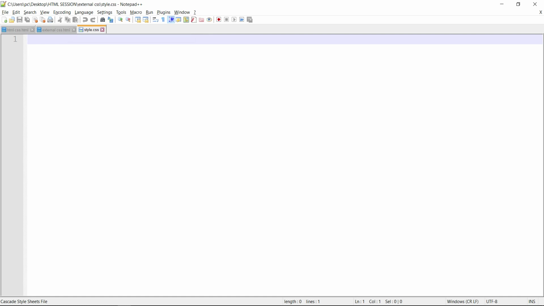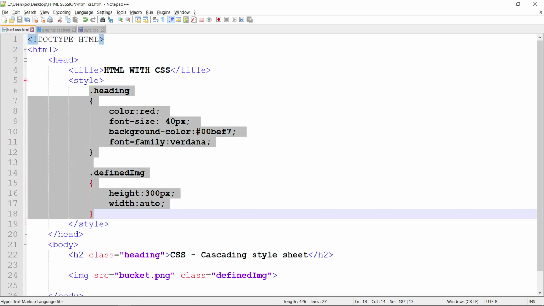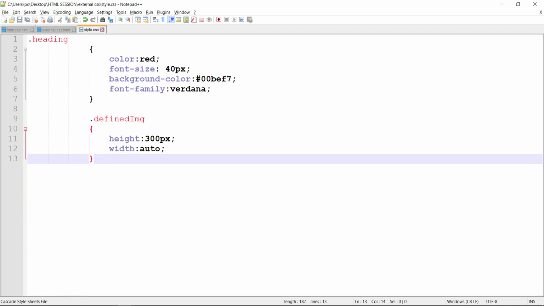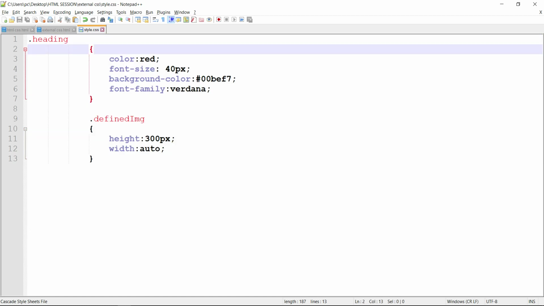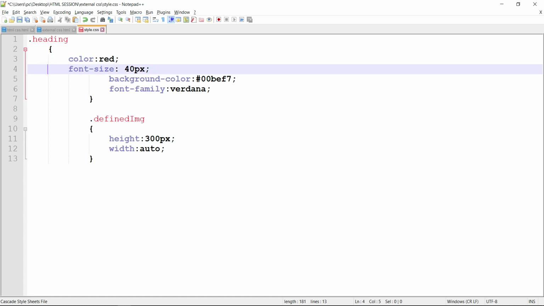So here in external CSS you do not have to write this. You directly just write the code. Let me copy this from the old file and paste over here. See, directly you can copy here.